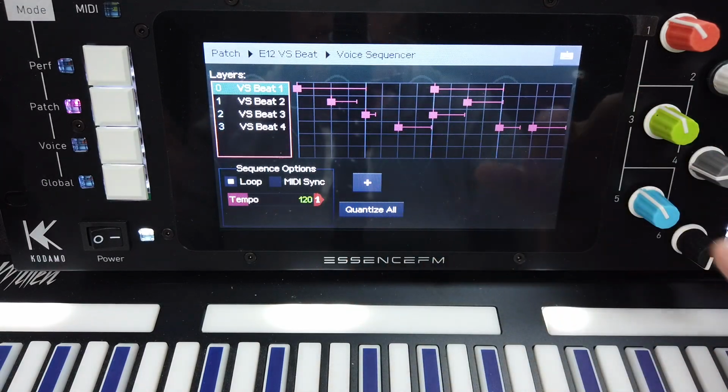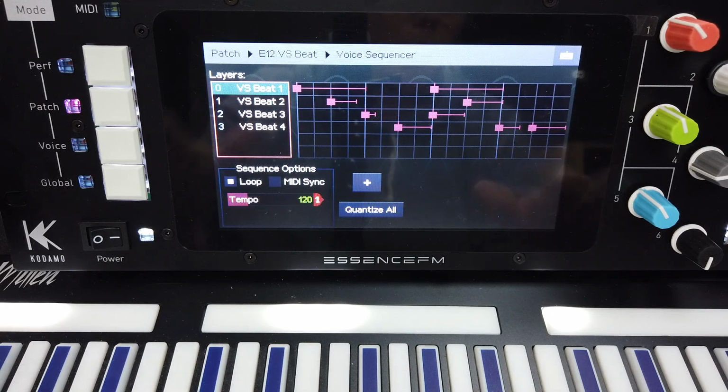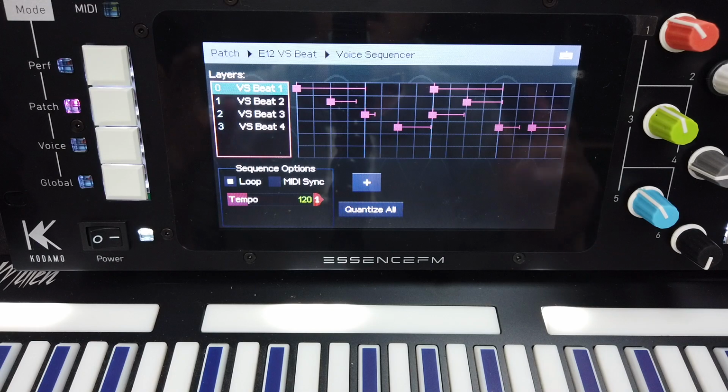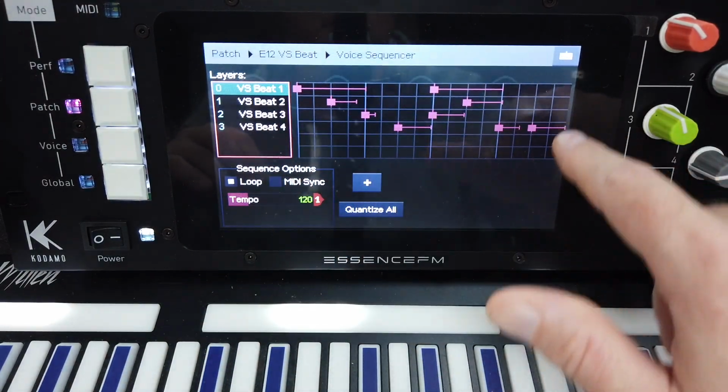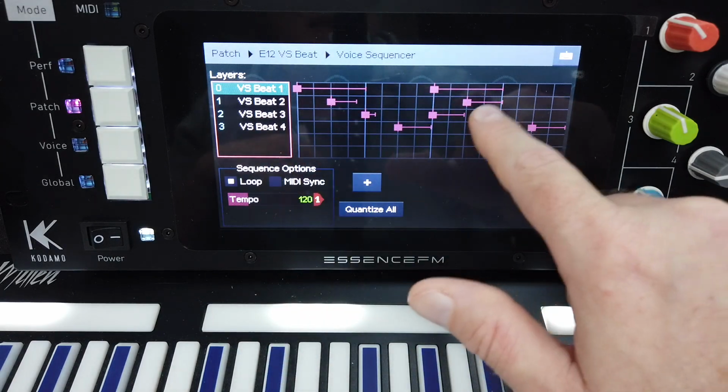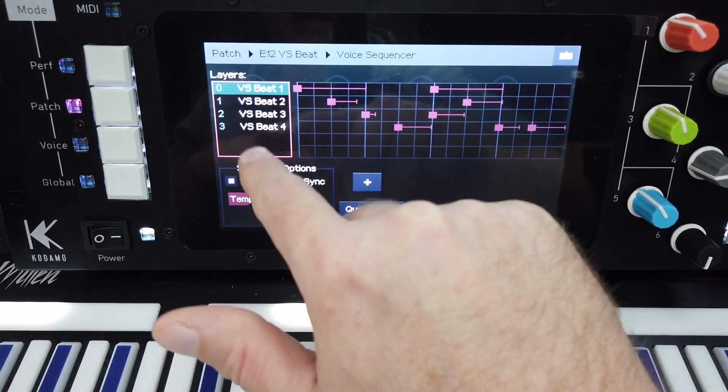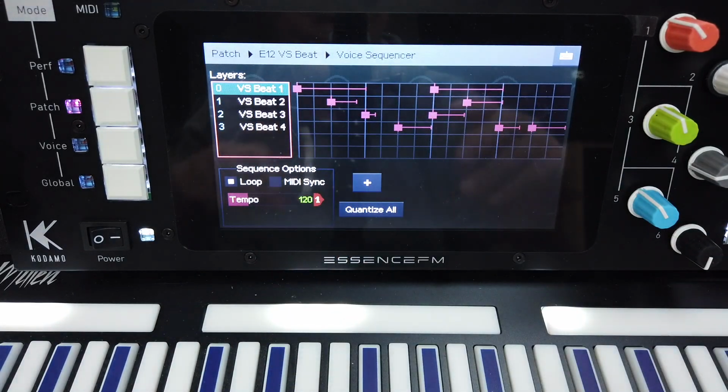There are 16 steps that are available. It is not necessarily a traditional parameter sequencer either. It's kind of simplified, but also kind of different. So it's really, really cool. The way it works is that each one of these given steps here is a different playback of the different layers that are here. So for example, in this one,